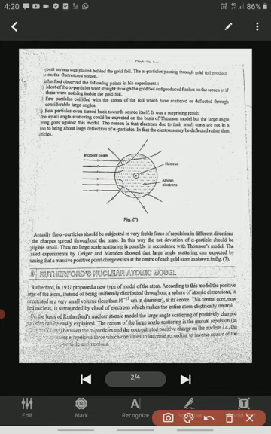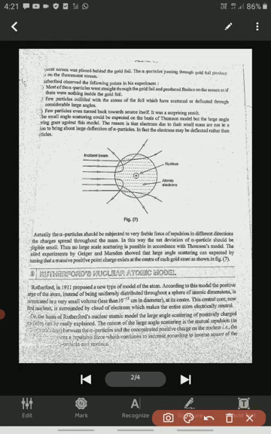Once again, repeating the same points. First observation: most of the alpha particles went straight through the gold foil and produced flashes on the screen, as if there were nothing inside the gold foil. Second: a few particles collide with the atoms of the gold foil and are deflected with a large angle. And a few particles turn back toward the source, the radium or lead. These are the observations made by Rutherford.